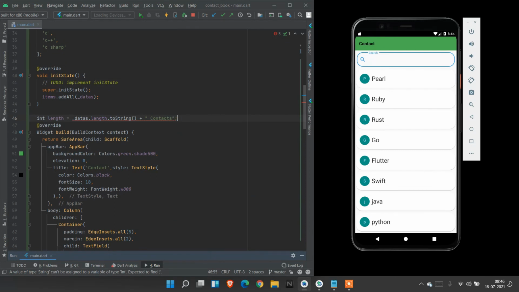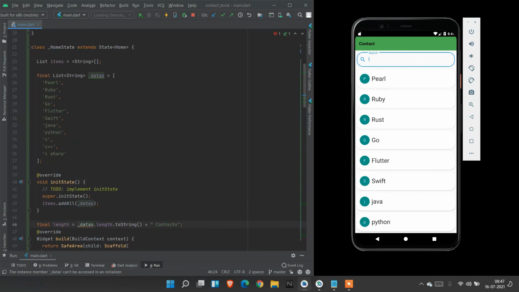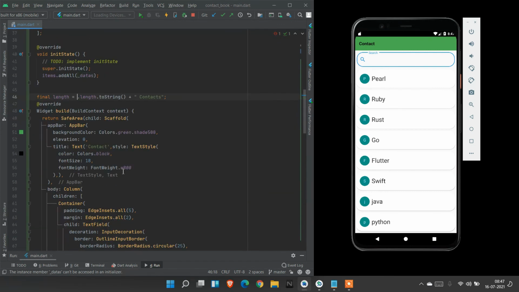Place a semicolon at last. We need to create this as a final variable, so that we cannot change this. So we create this as final. We need to give this list as the items list. That's how we can get the data.